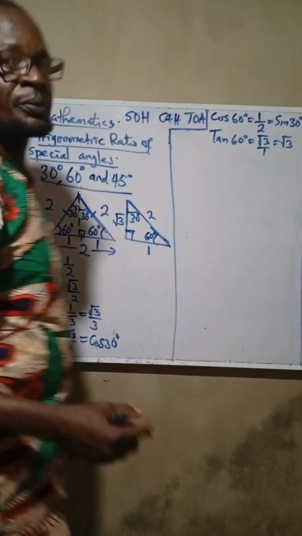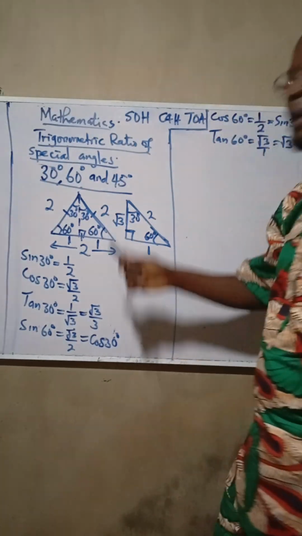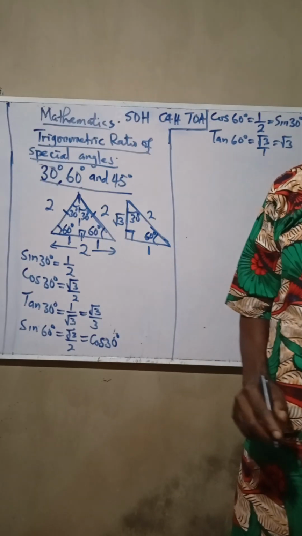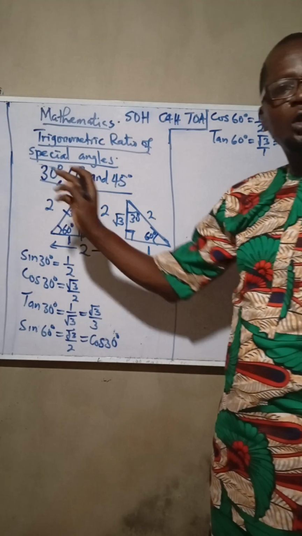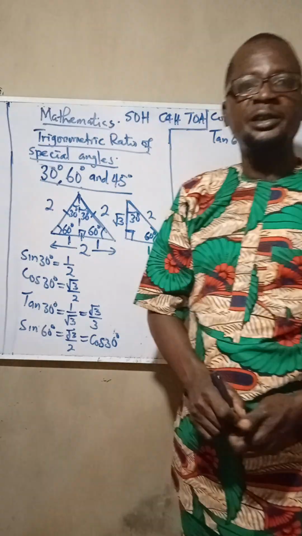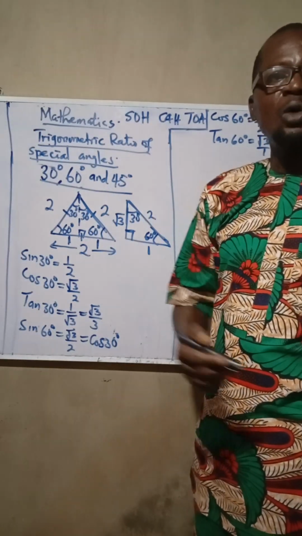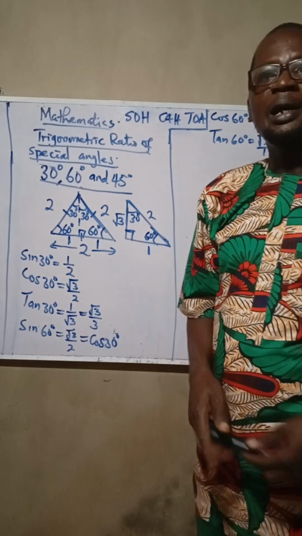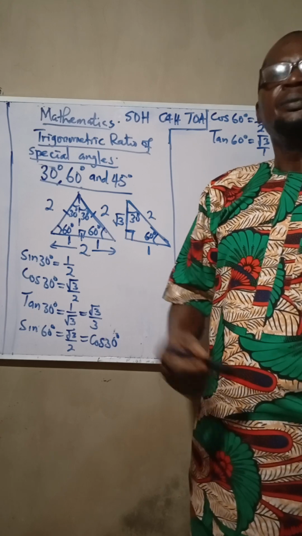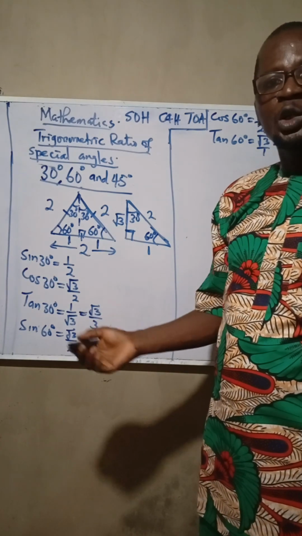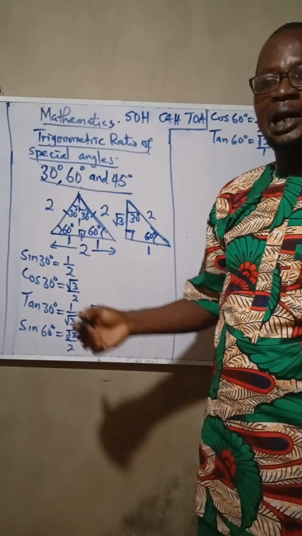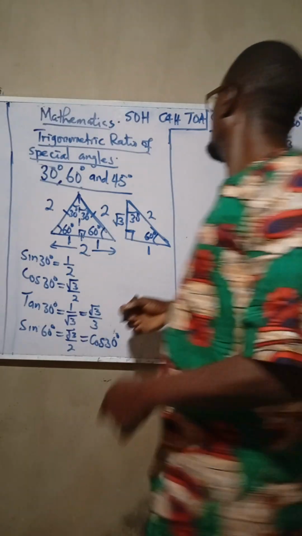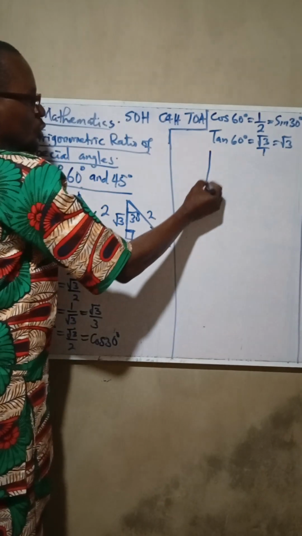So the next thing we want to find now is the sine, the cosine, and the tan of angle 45. So we are still going to use a triangle to solve that problem. But the triangle we are using in this case is going to be a right angle isosceles triangle. What I mean by right angle triangle is that one of the angles must be 90 degree, and what I mean by isosceles triangle is that the two other angles must be equal, because for an isosceles triangle two sides are equal, and apart from angle 90 the other angles are also equal. So that knowledge is what we are going to use to solve our problem,